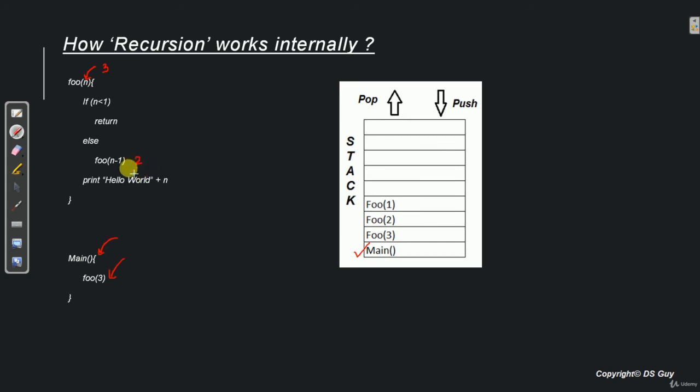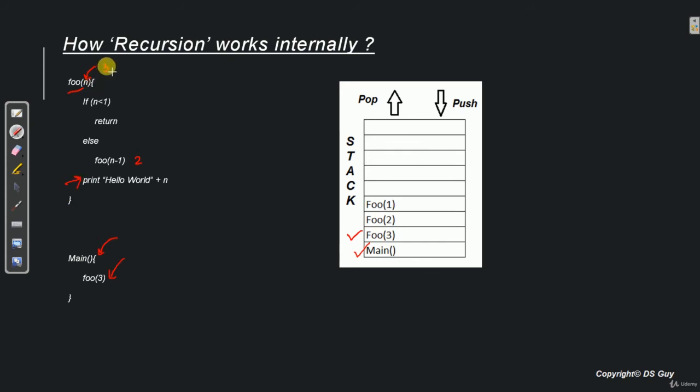Now before calling foo with value 2, the system needs to store this foo method with value 3 because it has some pending work over here. So because of that, it will push foo3 in the stack. Now once foo3 is stored in the stack, the system can call foo2.